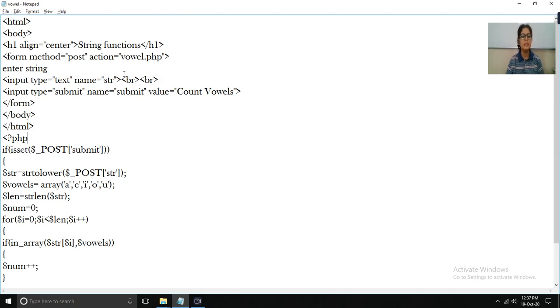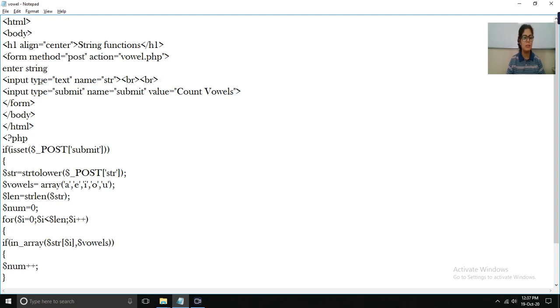Okay. So next thing is we have to create a text box and a button on our web page, so that we can enter the value in the text box, and the button will check the string for how many vowels are present in it. For this we have to create a text box and one button. So this is the start to create a text box.